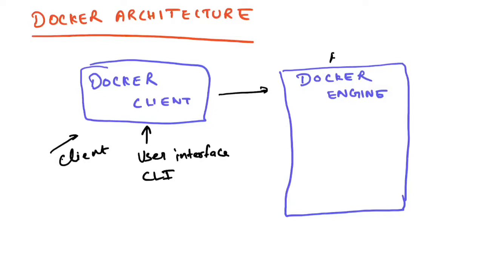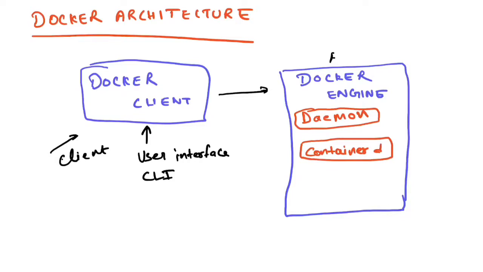Now, if I talk about Docker engine, Docker engine is the main backend component of Docker which does all of the things related to Docker. It internally consists of multiple things, and the first thing is it contains daemon, and we will talk about what each of these processes is. It contains daemon, it contains containerd, and it contains runc. So these are the three primary components of Docker engine, and what are the responsibilities of each of the components? Let's talk about that now.